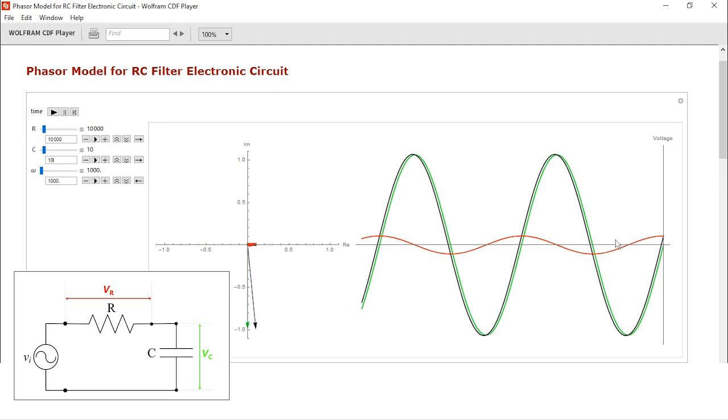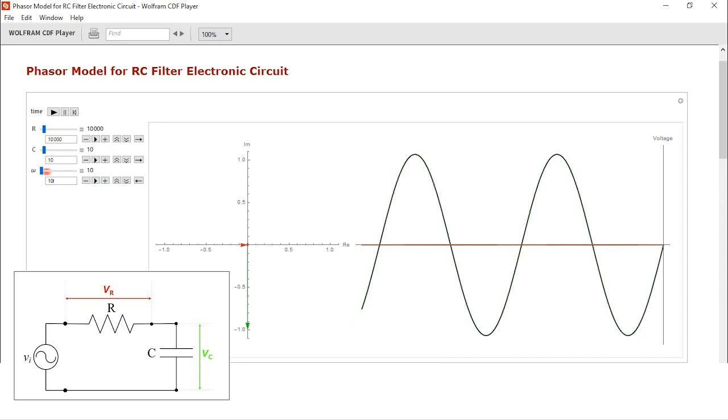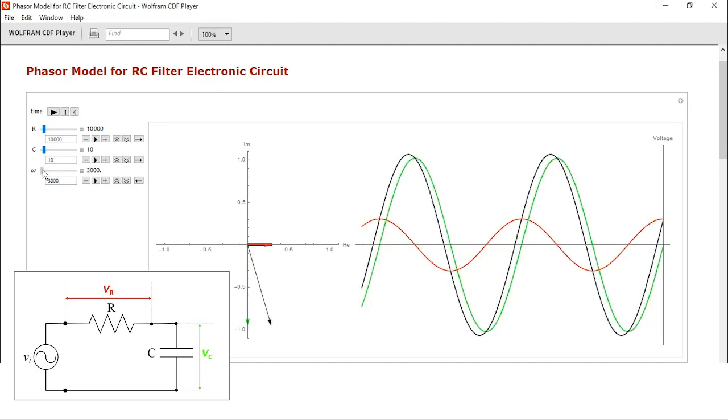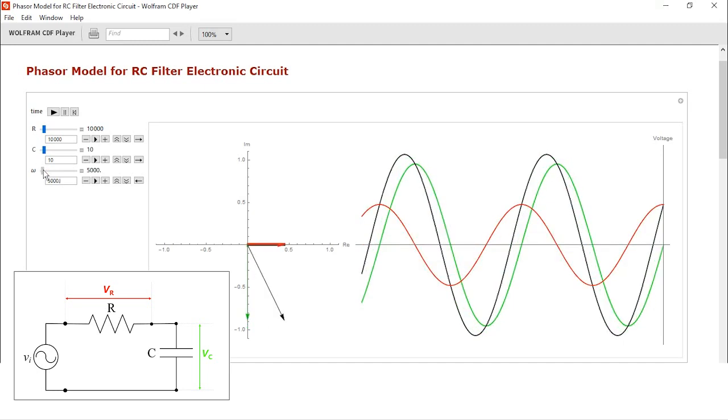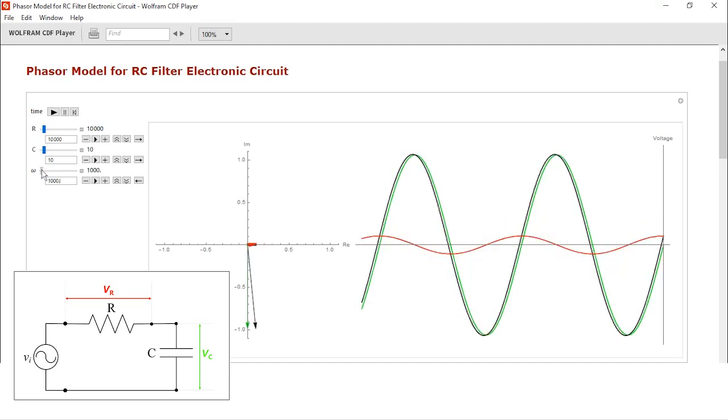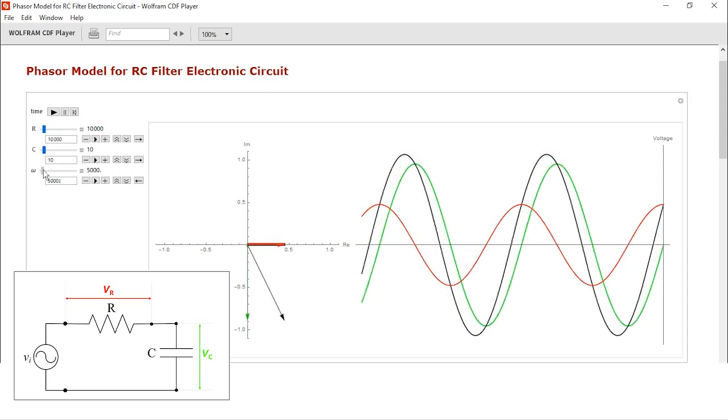So to start with, right now the frequency is very low. Let me reduce the frequency further to say 10 hertz. At 10 hertz, if you are taking output across the resistor, you see that there is this flat red line, meaning you don't get any output across the resistor. Right now I'm focusing just on the red line. So if I go on increasing the frequency, so it is 3000 hertz, 5 kilohertz,